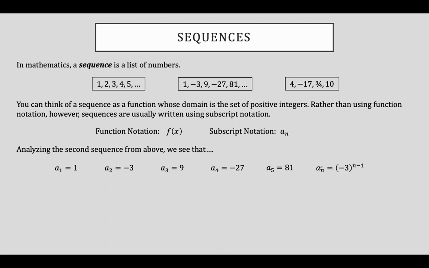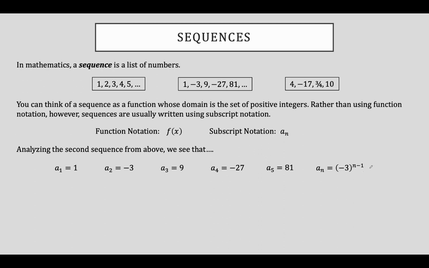And the nth term of the sequence would be given by the expression a subscript n is equal to -3 raised to the n minus 1. This equation right here gives the nth term of the sequence. Now, later on in sections 2 and 3, we'll talk about finding nth terms of particular types of sequences. So I don't expect you to know how to do that just yet, but keep that in mind as we move